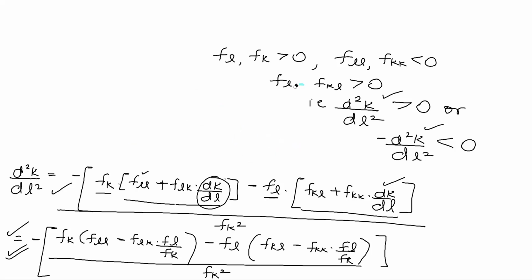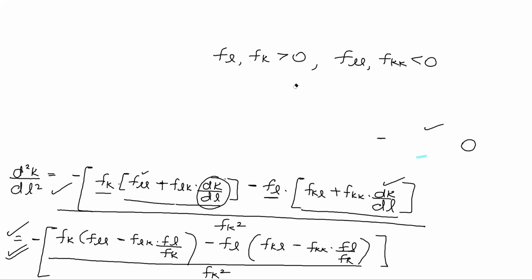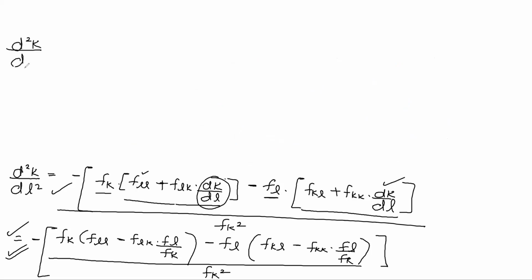So this becomes what? You all know the signs, so I'm erasing them. You know the signs of the derivatives. So if I further solve this, d square k by dl square becomes minus fk FLL plus FLK FL, because this FK and FK will cancel,